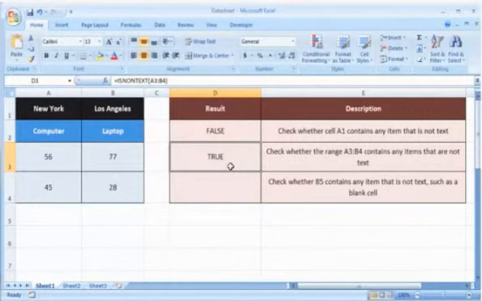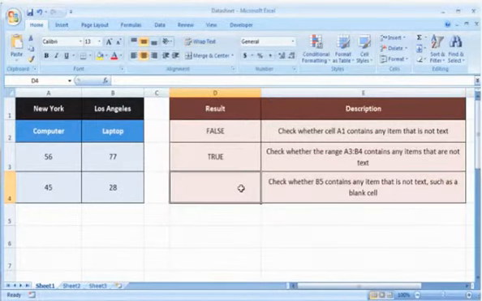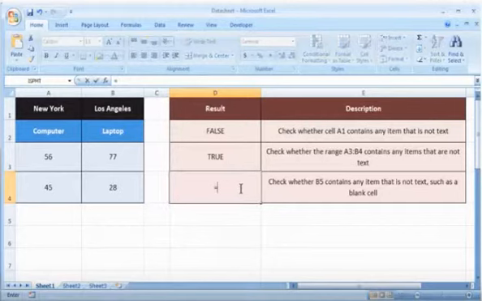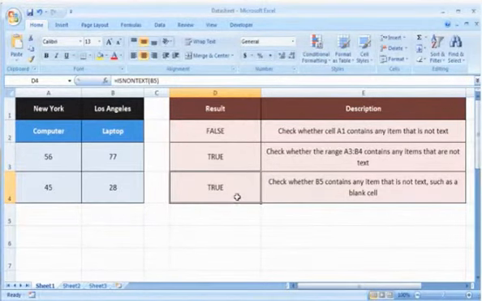including blank cells. In the third example, we will check whether B5 contains any item that is not text or not, such as a blank cell. To do so, select the cell where you want to get the function's result. Type equals ISNONTEXT, open parentheses, select the reference cell, close parentheses, and then press the Enter key. If it returns the logical value as true, it means the value refers to any item that is not text,